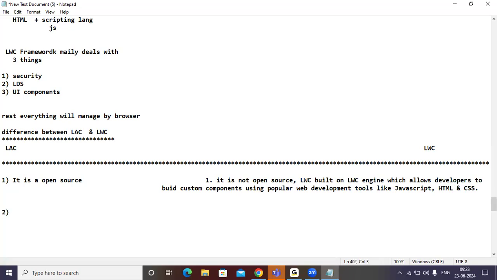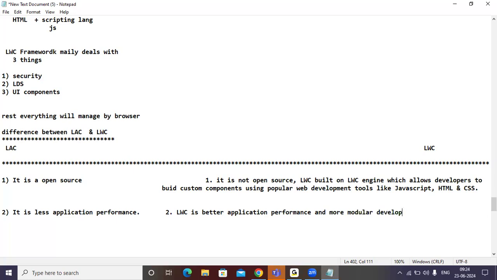This is the first difference. LAC is open source, LWC is not open source. Next, LAC has less application performance, but whereas LWC has better application performance and more modular development.